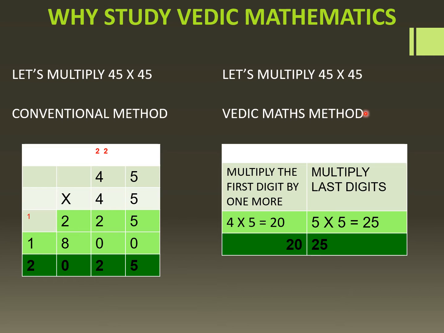To solve this problem by Vedic math method, we do it in one step. The first part is we take the first digits of both the numbers, that's 4, and we multiply it by 1 more than itself. So 1 more than 4 is 5. So we multiply 4 by 5. 4 multiplied by 5 is 20. That's the first part of our answer. The second part of our answer is got by multiplying 5 with 5. 5 multiplied by 5 is 25. We put it all together and that's our answer,